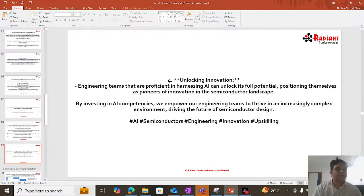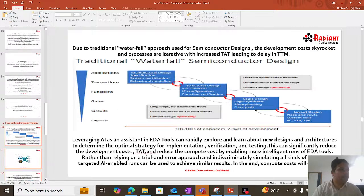Okay, now let's dive a little deeper into EDA tools implementation using AI. Right now, as we can see in this slide, due to the traditional waterfall approach used for semiconductor designs, the development costs skyrocket and processes are iterative with increased TAT leading to delay in TTM. As the costs are skyrocketing, schedule is the most important thing. We need to bring down the schedule so that we can reduce the TTA